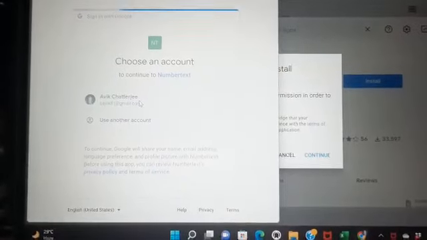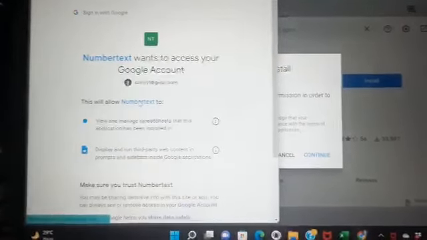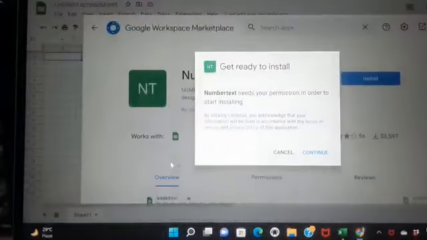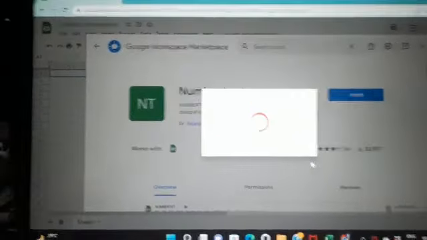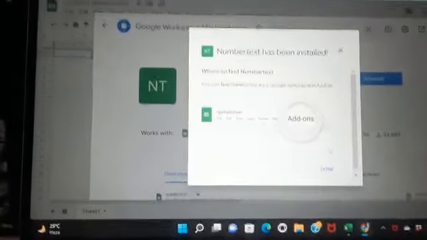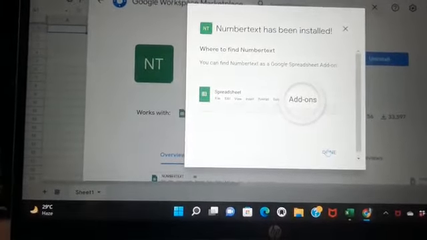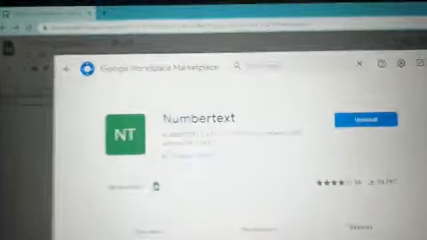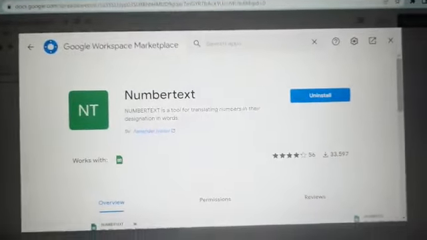Whenever you go to install it, Google will ask for your credentials. So obviously you have to provide that, and this is done. Okay, so whenever it is done, it will show you this uninstall option. So you don't have to uninstall it because you have to